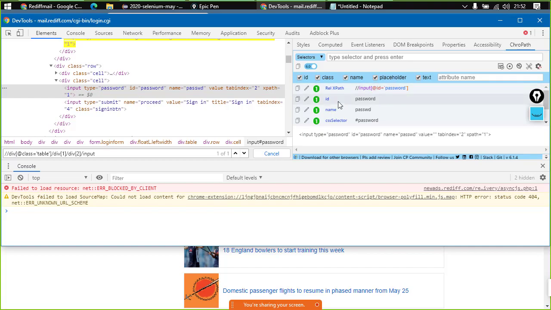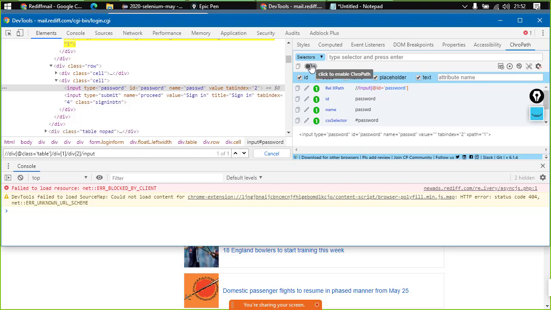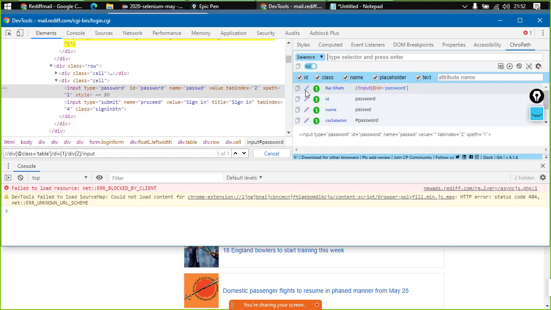In the ChroPath option, we have a relative XPath. It is not showing me the complete XPath, but yes, we have a relative XPath. So this is the XPath. Now over here, simply click on copy. The XPath is copied. You can try pasting it here and test whether it is working fine, and you can see that this is working absolutely fine. Now ChroPath generates XPath that can be used in the code directly. We need not modify that XPath in any way. We can simply copy the XPath from here and use it in the code without worrying.